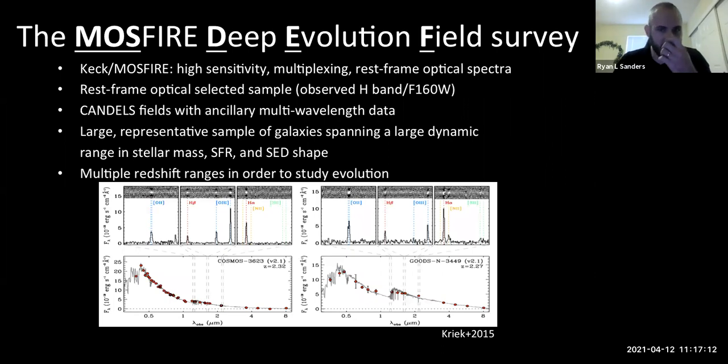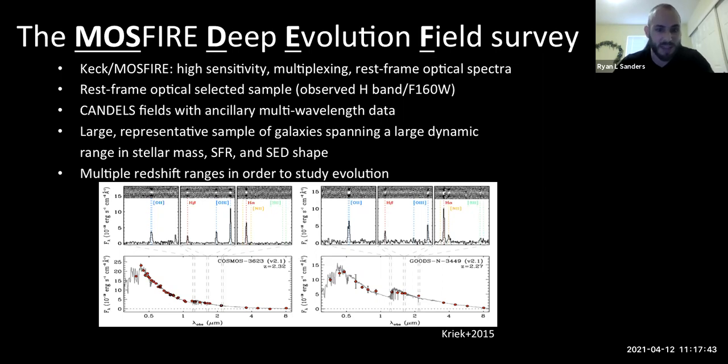So to overcome the difficulties with sample size and with spectral quality, I'll be using data today from the MOSDEF survey, which is the MOSFIRE Deep Evolution Field Survey. This was a large program on Keck that lasted 4 years and had about 50 nights of observations on MOSFIRE of galaxies at redshift of 1.5 to 3.5. It's a rest frame optical magnitude limited sample. And it's in the CANDELS fields, which have a lot of multi-wavelength data